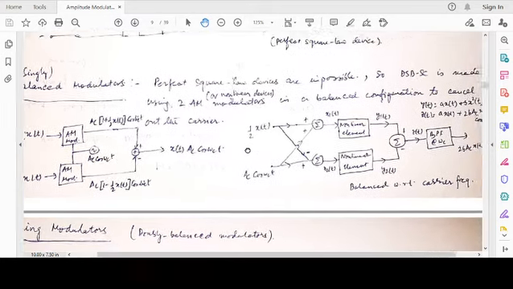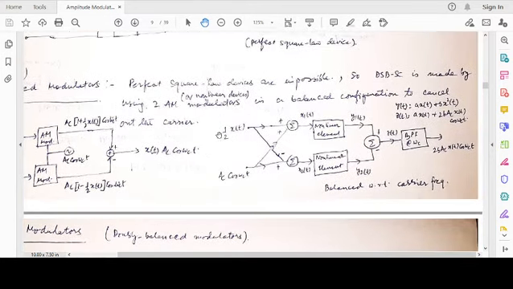Or there is another schematic, a lattice schematic, where you have the input signal half xt and the carrier local oscillator signal AC cosine omega ct. This structure is known as a lattice structure. So you have two summer combiners. In one combiner the signals are added: x1 t is this plus this. In the other combiner they are subtracted: x2 t is this minus this.